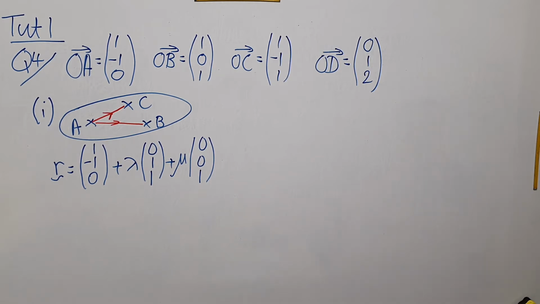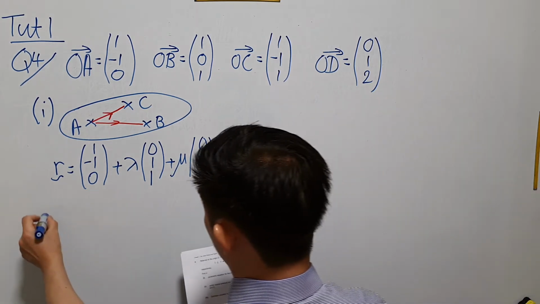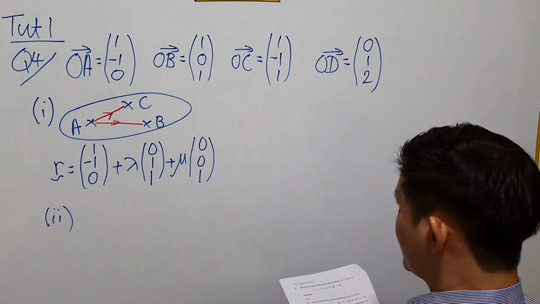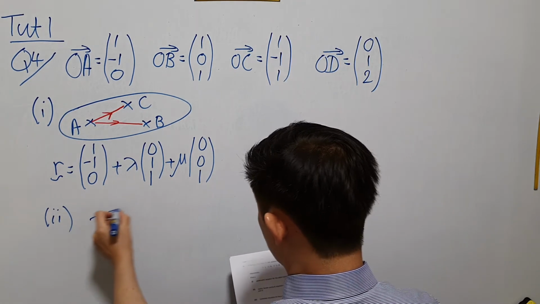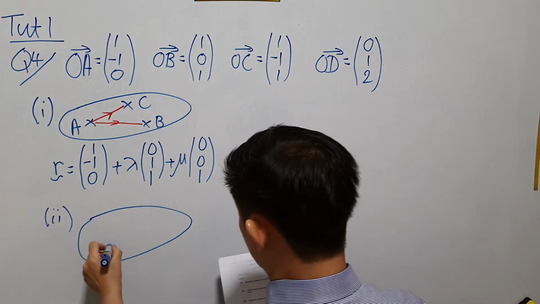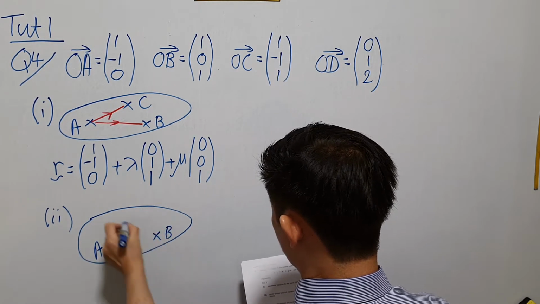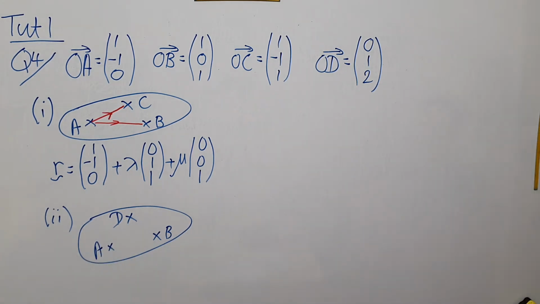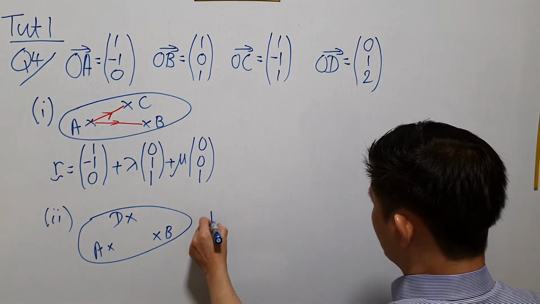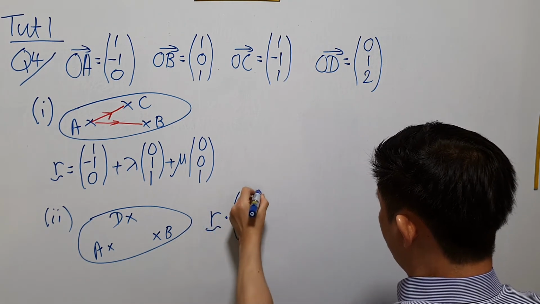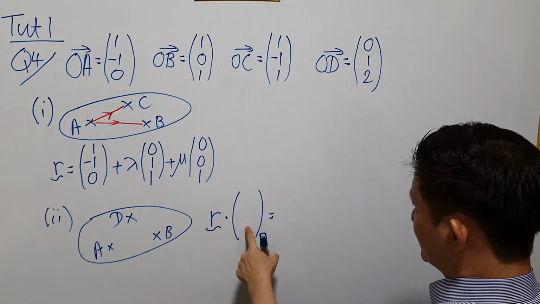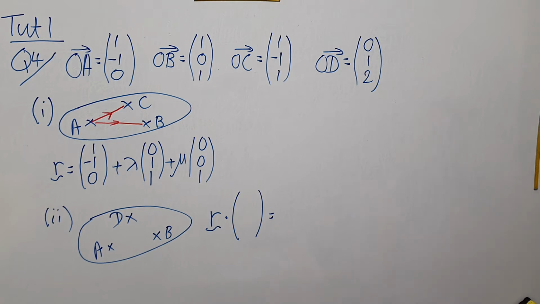Now in part 2, we are asked to find the equation of a second plane that goes through the 3 points. In this case is what? Is A, B and D. Right? To find the equation of a plane in the dot product form, right? Scalar product form or the dot product form, you need to do this again. Step 1, you need a vector that is perpendicular to the plane, and then you need a number. To find a vector perpendicular to the plane, a convenient choice would be to take the vector AB